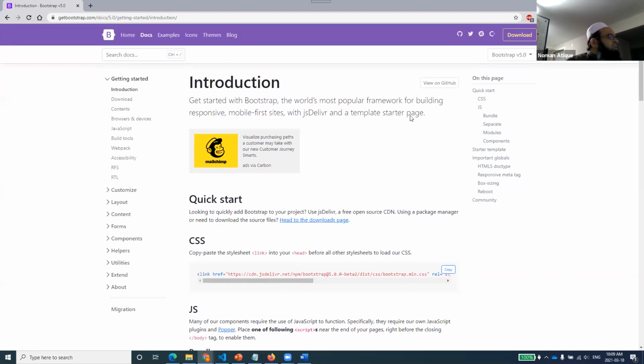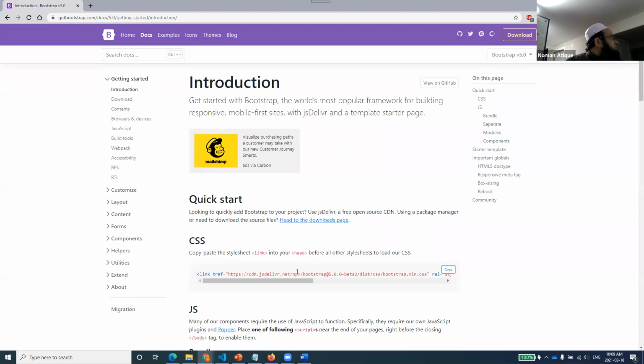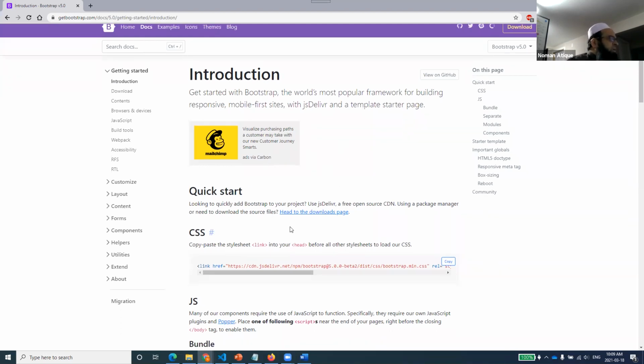So what I will be doing is, Bootstrap is providing us a pre-made CSS style sheet and pre-made JS files that very quickly implement some very cool effects on our website. Not only website, but also this form that we designed using CSS. Now I want to use this pre-built CSS from Bootstrap.